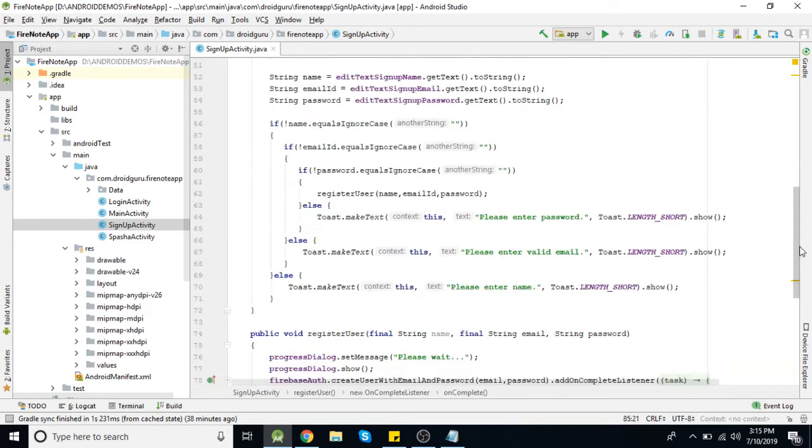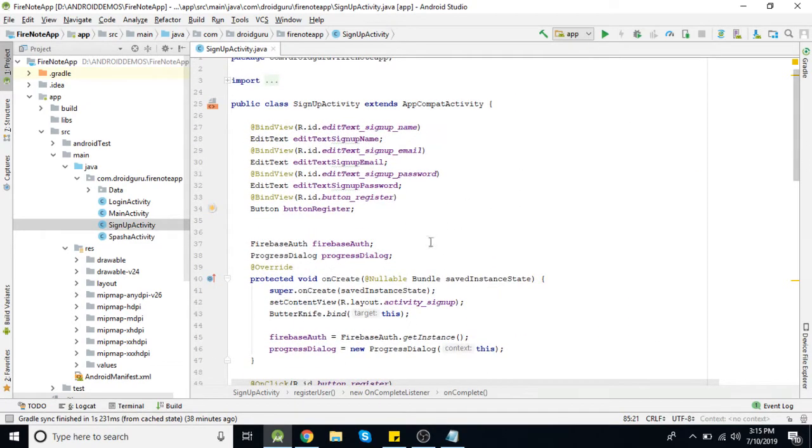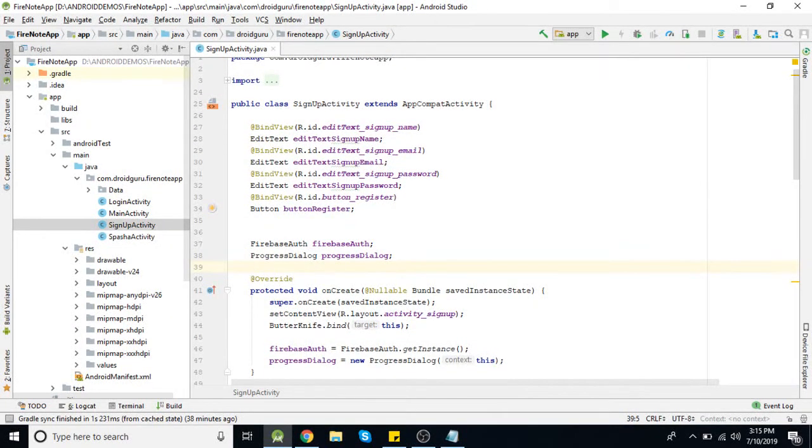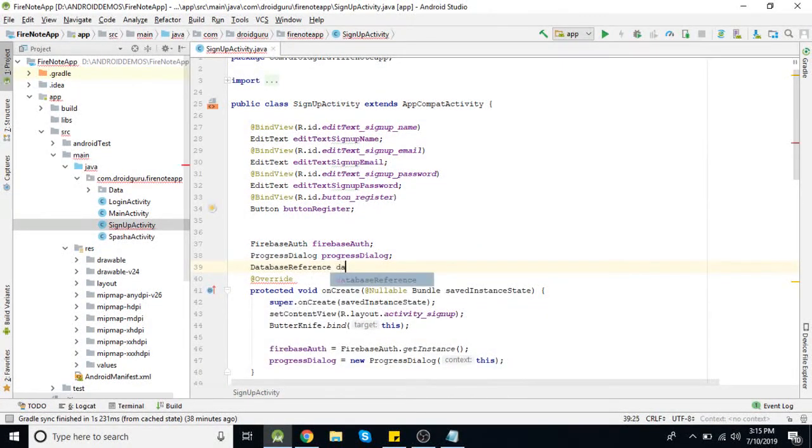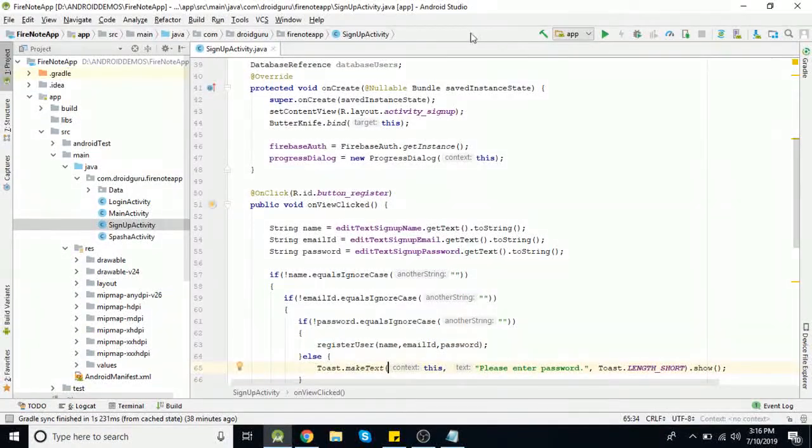Now for using the database, we need to create a database reference. So here we'll create an object for a database reference. Let's give it the name databaseUsers, because we are going to store all user specific information. Then we need to initialize this object, or we need to give a path to this object.